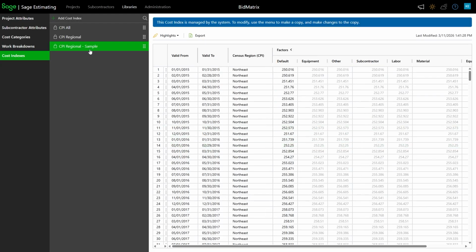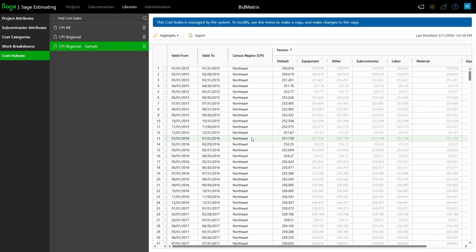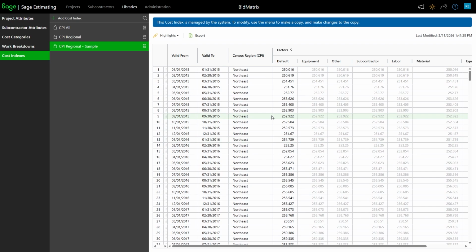So now I've got this new one. It basically copied my regional one to get me started. So same type of concept I had before, but this way I've got my different regions in here, so I could get more honed in on the different regions and what my default would be.